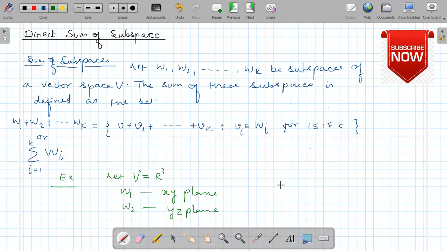So in the xy plane the third coordinate will be 0 always, and in the yz plane the first coordinate will be 0 always, because it's a yz plane. X coordinate will be 0. So we claim that this R cube is obtained by W1 plus W2. It is the sum of these two subspaces,